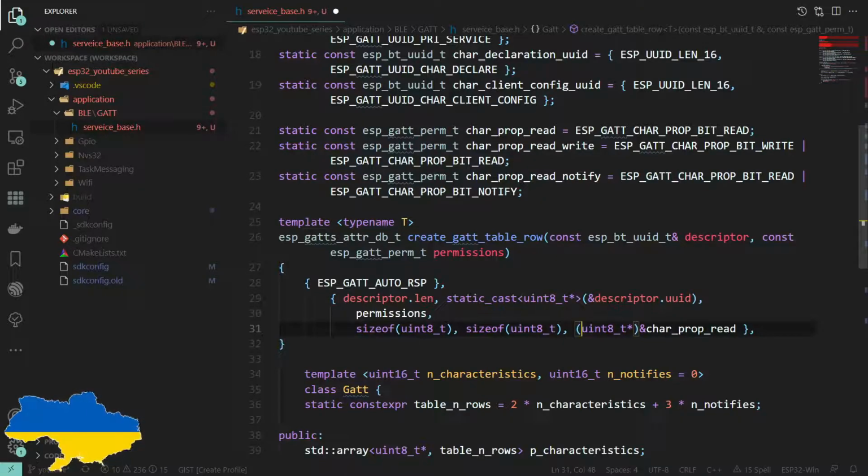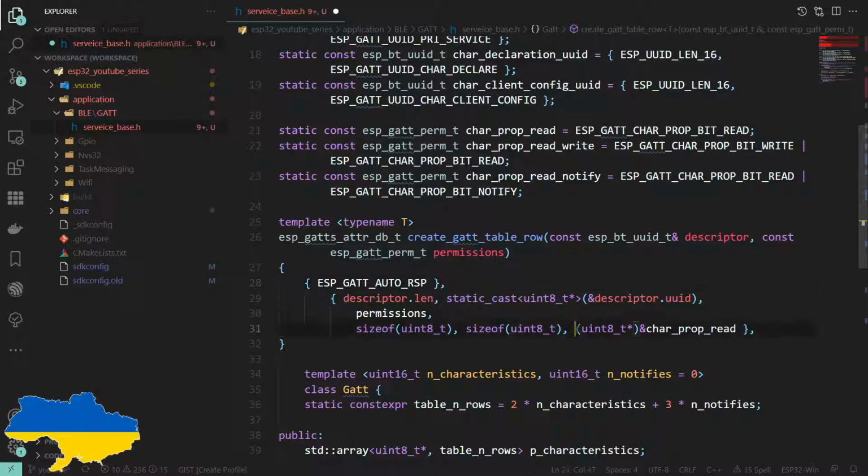In this case, the property. It might hold a perm. Have I got my naming wrong? Because I'm sure there's a property type. We'll come to it.